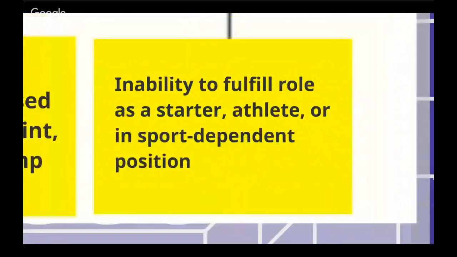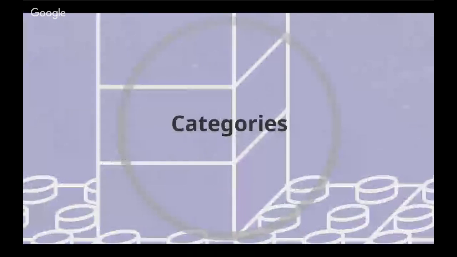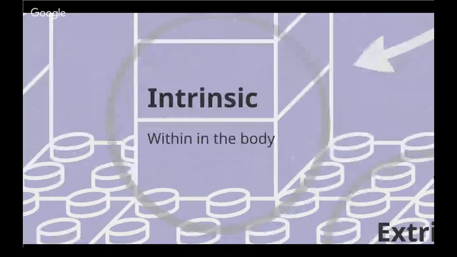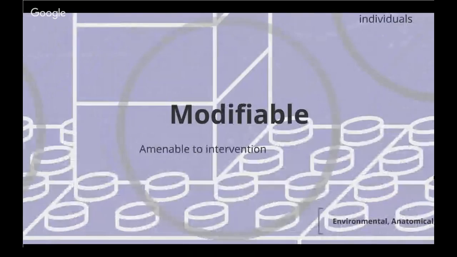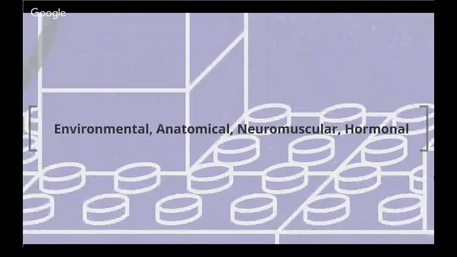Next, we're moving on to injury risk factors. Now, there are several categories that can be used to describe them. Intrinsic is within the body. Extrinsic factors are outside of the body. Modifiable are those that can be changed with intervention, and those include environmental, anatomical, neuromuscular, and hormonal. So environmental here would be like playing surface or footwear. Anatomical could be your body composition. Neuromuscular could be your strength or your muscle stiffness, and hormonal could be things that can be